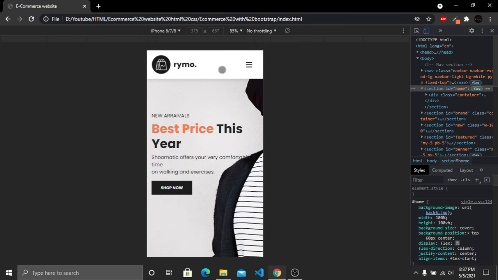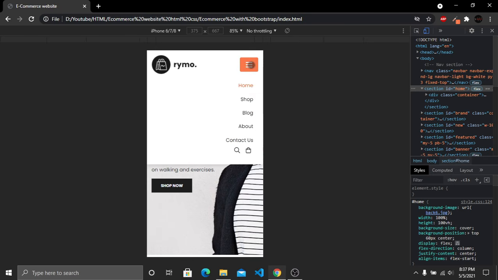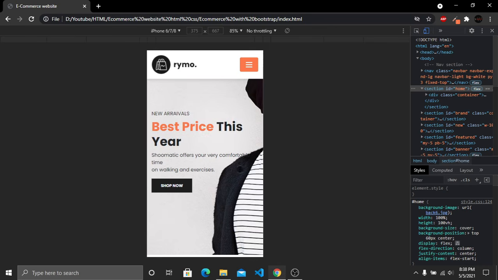In our mobile screen device we don't have any navigation links here. Instead of our navigation links we have a beautiful hamburger menu, and if we click on this hamburger menu we can see our navigation menus in the left side in one column. And if I now scroll down,